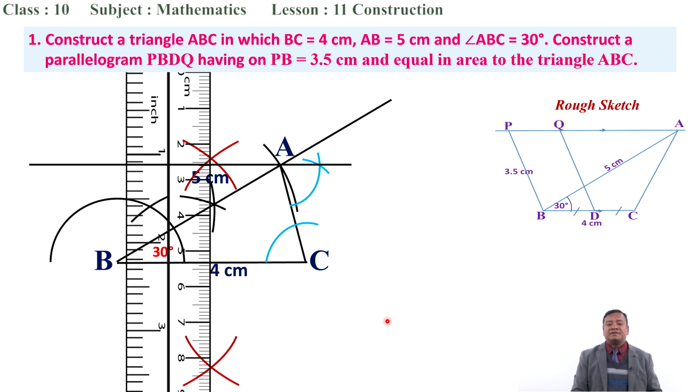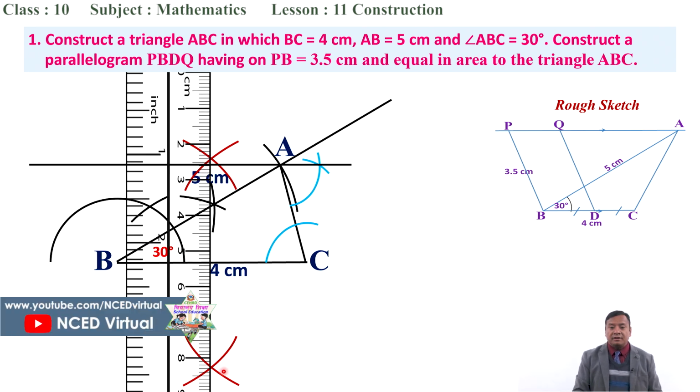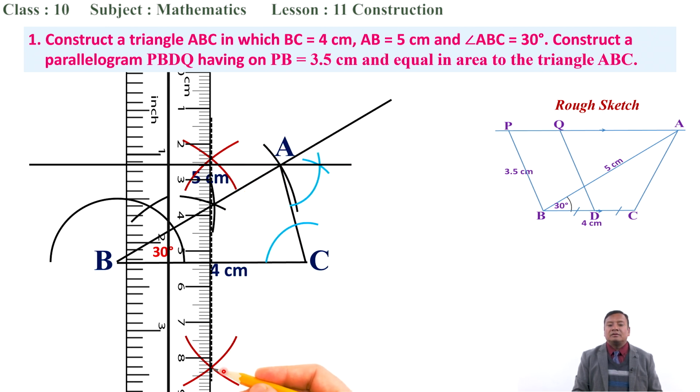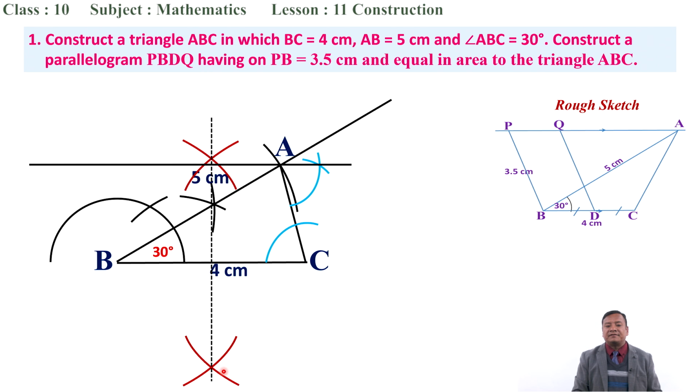Now arrange these two intersecting points this way and then join those two points and draw a line like this. After this, now you can write here the name D, right? D is the midpoint of BC. And then